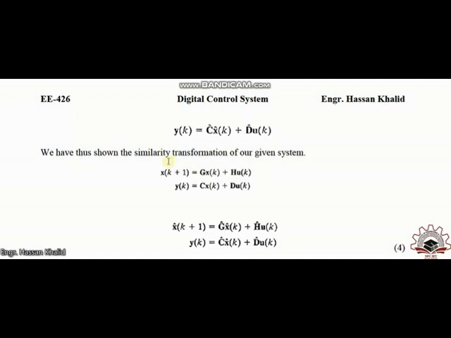Now after applying the transformations, you can easily relate the original system with the transformed system. The difference between them is that we have introduced a P matrix, a non-singular matrix, that helped us transform our state equation into a similar equation that gives us the same result. Since these two equations are equivalent to each other, we call this the similarity transformation, or similarity transformation theorem, which we have now applied.